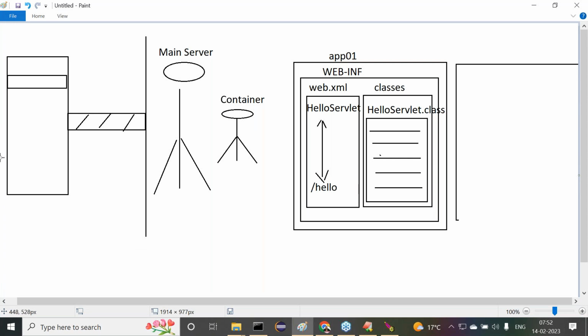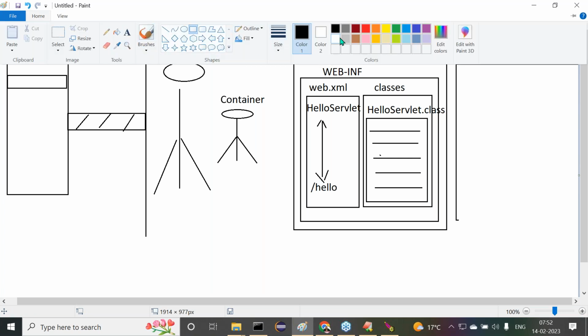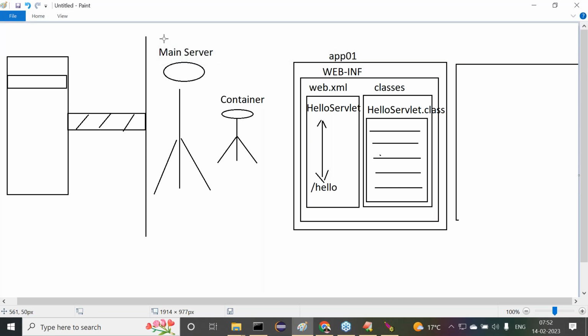First of all, I want to start the server. Starting the server, in the sense, I just want to put a tick mark here like this. Assume the same convention I'm going to follow every time I give this flow of execution. If I put a tick mark like this, you can understand it. What I started here, the server is starting. That is like the Tomcat 10.0 application, double-click under the bin folder. The server is starting. At the time of server startup,